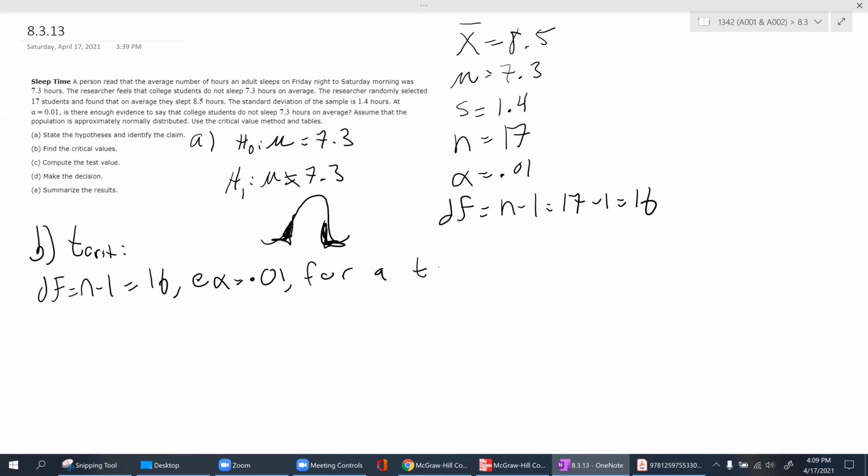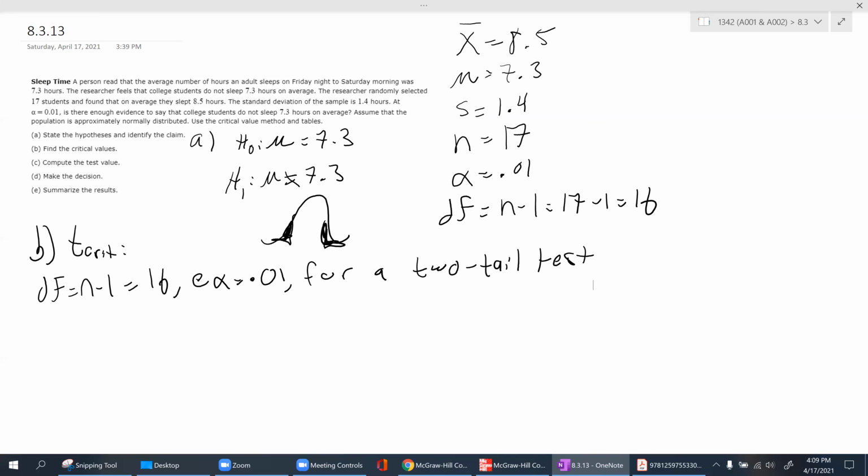for a two-tailed test. Again, you want to read the question completely. You can tell from the hypothesis statement if you're going to have a one-tailed test or a two-tailed test. And remember, for the test, there are going to be some questions where I'll tell you which test to make, but you're still going to have to give me the hypotheses. If I tell you which test to make, that should cancel out any confusion. So for a two-tailed test,